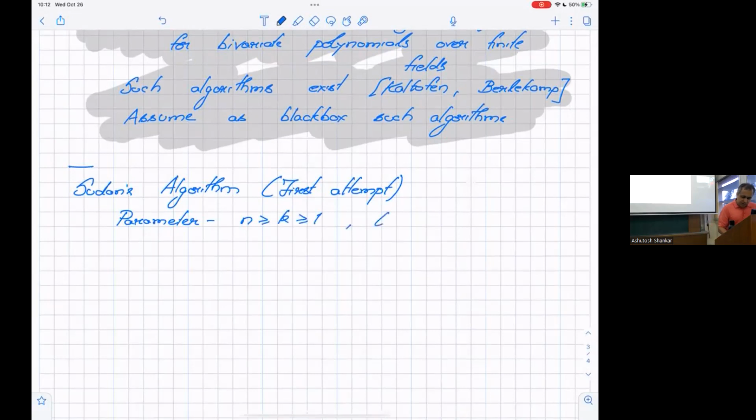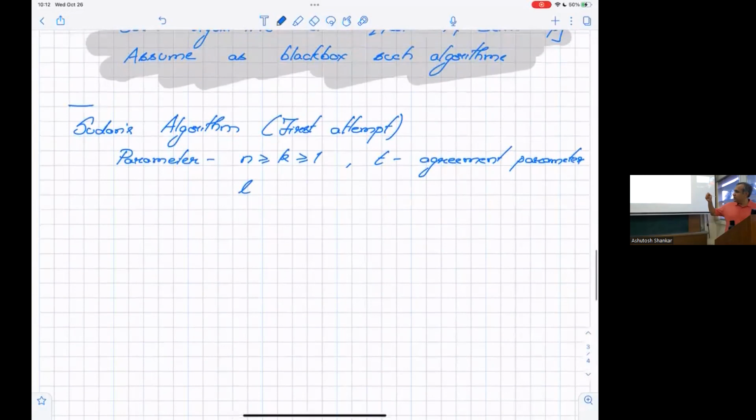Then there is p, which is the agreement parameter. And then there's going to be one other parameter which is going to control the y degree. So far we had y degree 1 in the Welch-Berlekamp setting. We are going to allow y degrees to be larger than 1, and L is going to control that. Given that, we'll eventually set L to be a particular choice, which will give us the proven result. So step 1